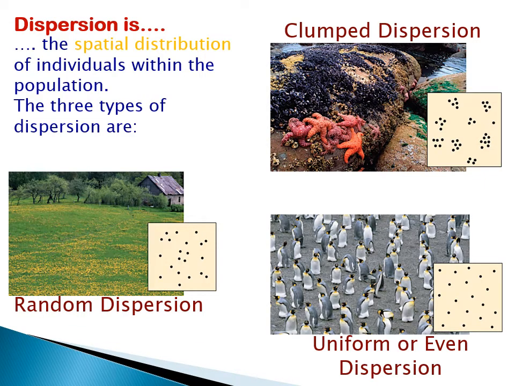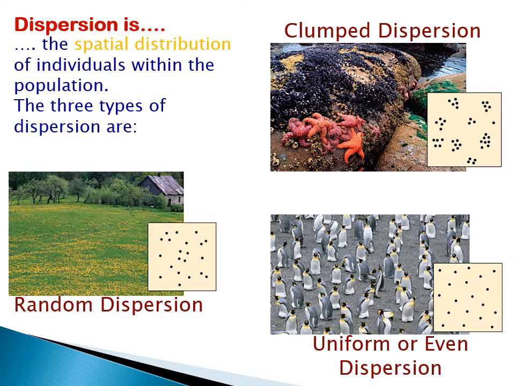In nature, we see a lot of clumped dispersion because organisms tend to clump around resources, access to things like food, water, mates, and habitat like shelter. Random dispersion tends to be more plants because they just release their seeds into the air or animals spread them for them,